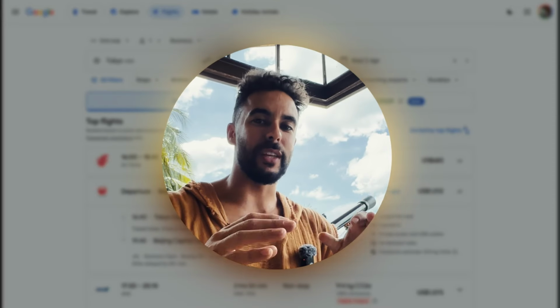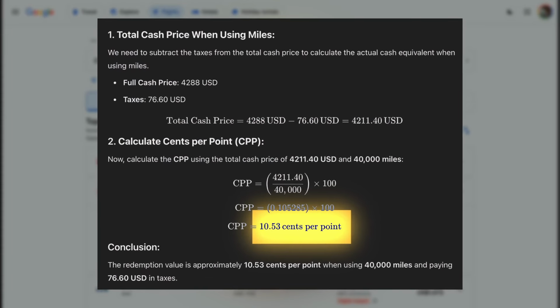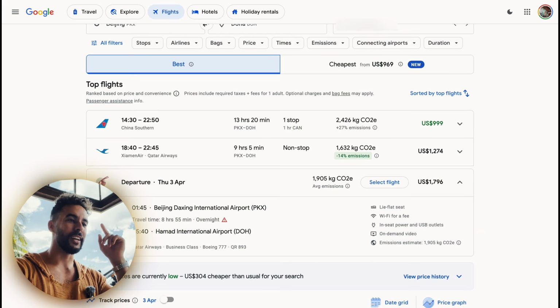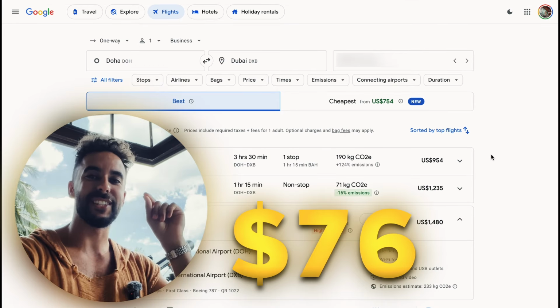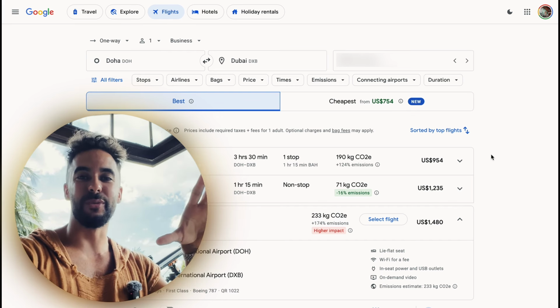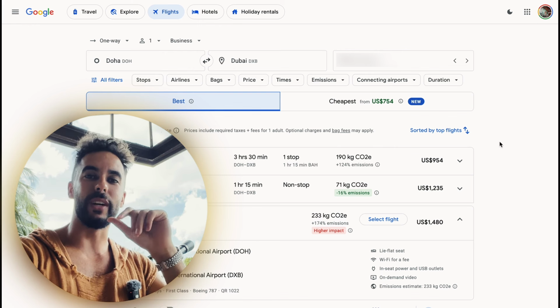Today we have a crazy redemption. We're gonna save more than $4,000, more than 10 cents per point redemption, one of these epic legendary ones, because we're flying Tokyo to Peking, then Peking to Doha, and Doha to Dubai, all in business class for $76. 3 business class flights with all the lounges in between, free food. You're gonna see this. It's crazy redemption, and you're gonna see in a creative way how we do this, because